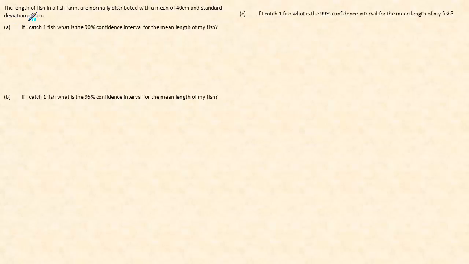The length of fish in a fish farm are normally distributed with a mean of 40 centimeters and standard deviation of 5 centimeters. If I catch one fish, what is the 90% confidence interval for the mean length of my fish? Well, in the notes, for a 90% confidence interval, we're told to do the mean, take away